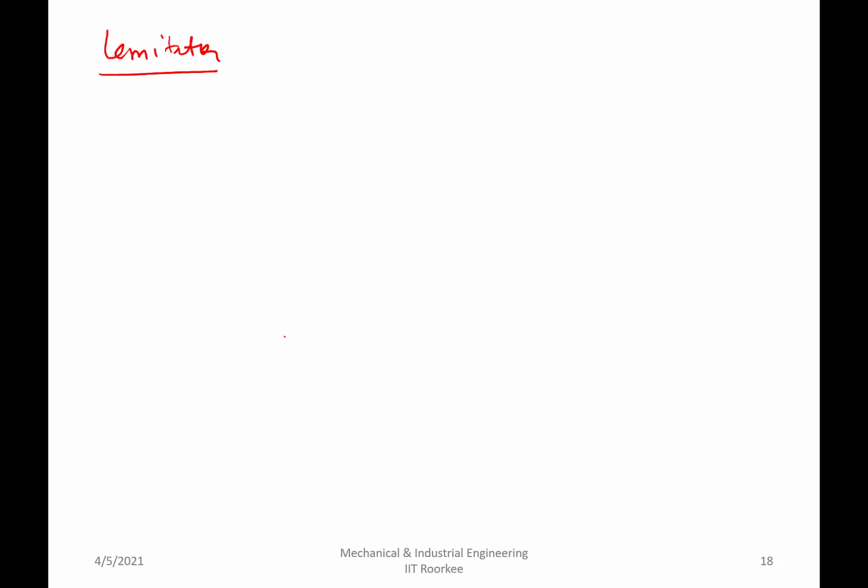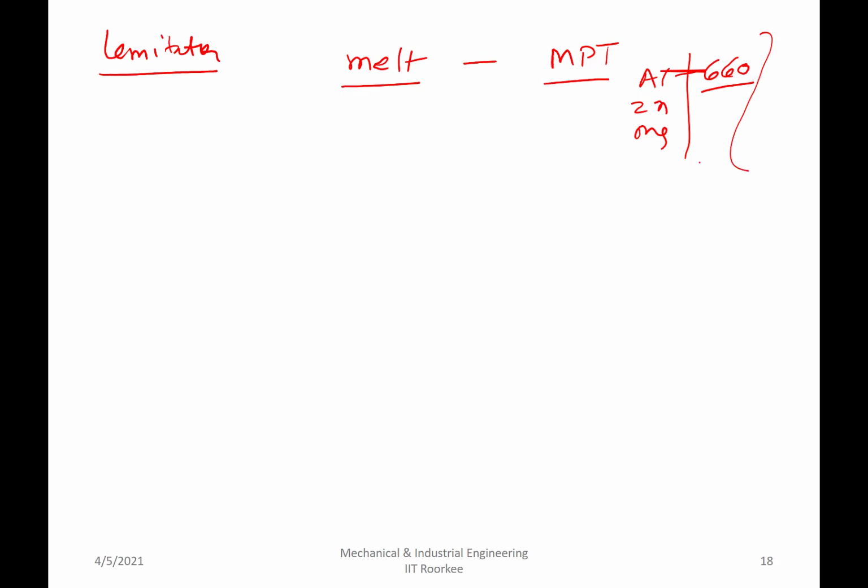So as far as the limitation of the process is concerned, to shape any product by the casting route, you must be able to melt it, and melting depends upon the melting point temperature. Metals like aluminium, zinc or magnesium melt at lower temperatures, like say 660. So these are low melting point metals. Copper has a little higher, say 1000 to 1100, so a little difficult. The ferrous systems have further higher, like greater than 1200 degrees centigrade. Maybe cast iron is around 1100 or so.